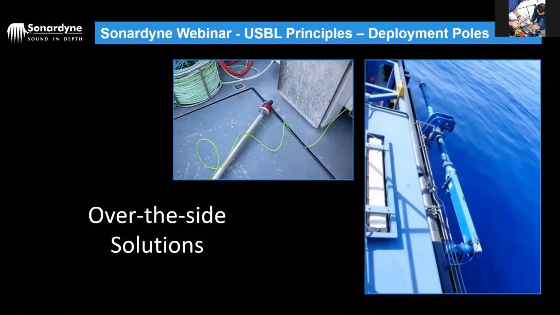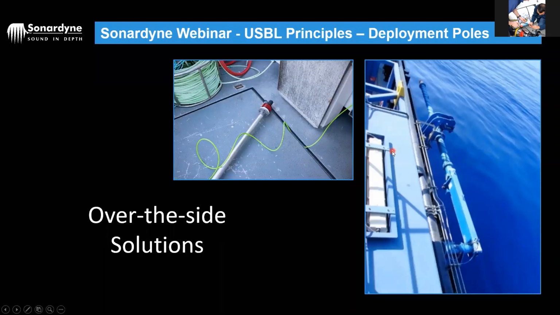On the right-hand side here, this is another hydraulic system. It's welded to the side of a ship. Much easier to install than putting it through the hull, as you can probably imagine. It's not a dry dock job. You can do this alongside. You can weld this to the side of a ship. You've got a clamp at the top and a similar clamp 90 degrees down the side of the ship. This would basically hinge into position and lock in place, and then give you that transceiver below the keel quite